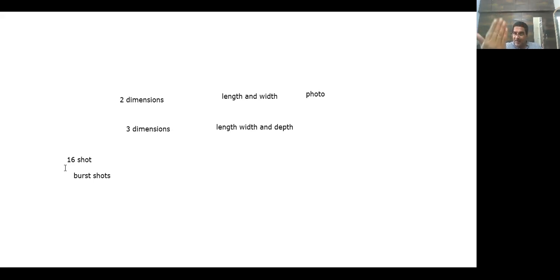So along the length of the walk, you take photographs, isn't it? Afterwards, if you move the photos at a time, it seems he is moving, isn't it? So what is that called? 24 frames. If you move 24 frames, 24 photographs, for 1 second, it seems to be like a movie. That is my point here. If 24 photographs of me are moved for 1 second, it looks like a movie.